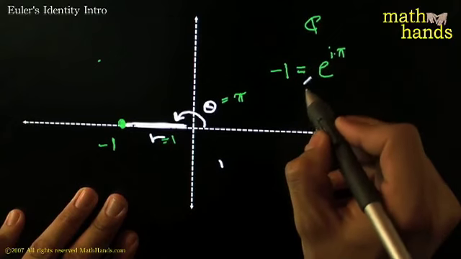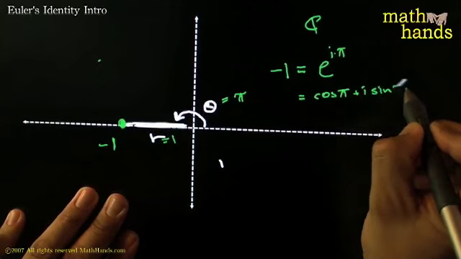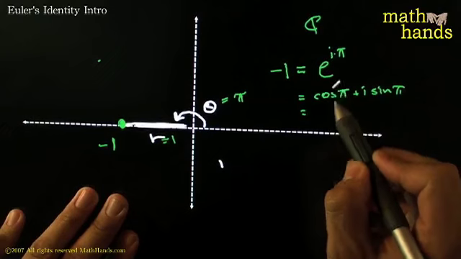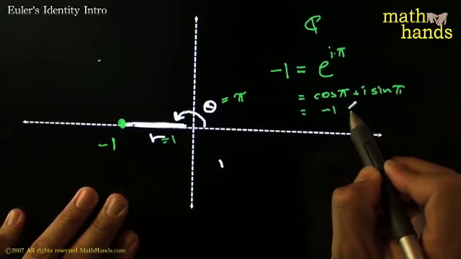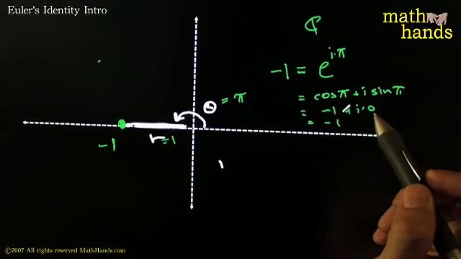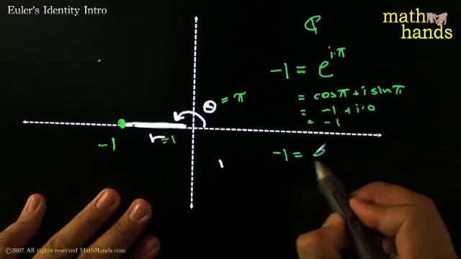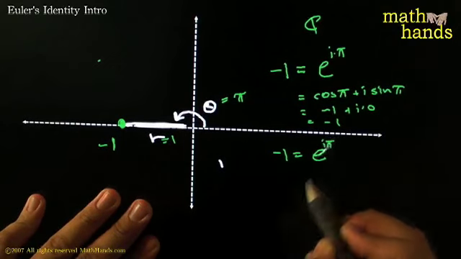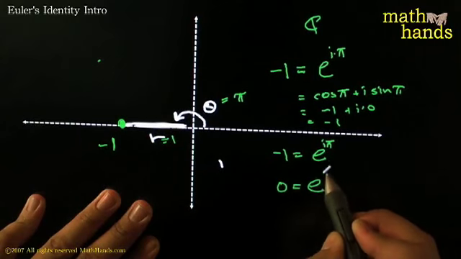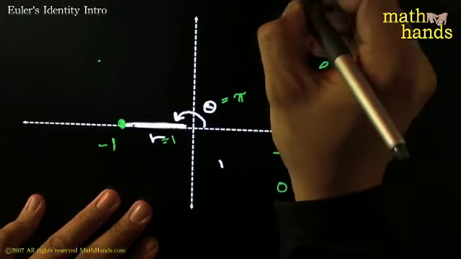Just to double check this, if you take cosine pi plus i times sine pi, this is what Euler's identity would say. You expand this, double checking like earlier. Cosine pi, that's -1, plus i sine of pi, that's i times 0. So this part gives me 0, so it is -1. I told you. Did I not tell you? So that was just to check. So -1 is equal to e to the i times pi. That means if I add 1 to both sides, I get that 0 is equal to e to the i pi plus 1. Now this, my friends, this is